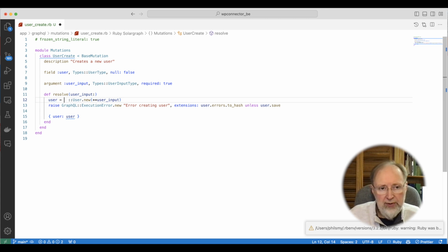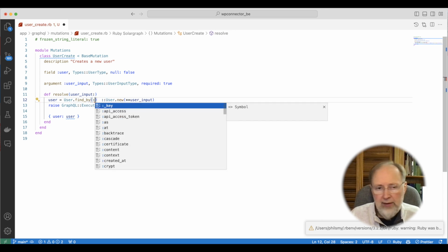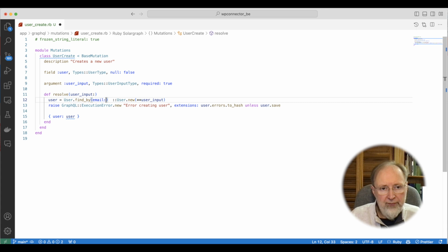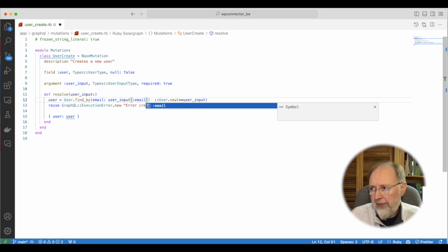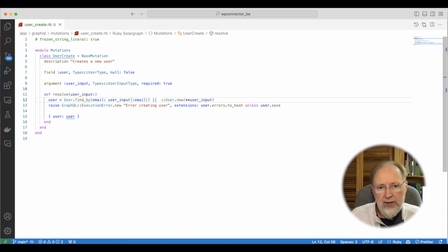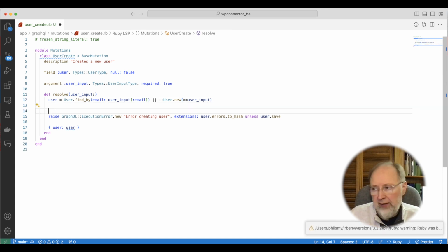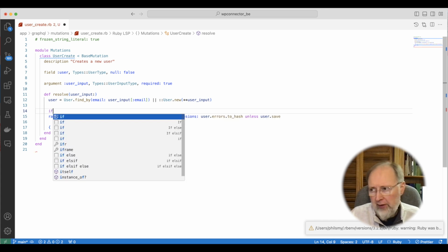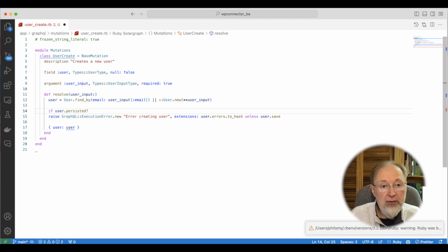So what we'll do, the user, we're going to find by the email if user input email. And if we don't find it, then we're going to do the user new. And this is a bit cool here. So you're saying, well, they're both going to return a user. How are we knowing what we're doing here? So we say if the user has been persisted. In other words, it's already been saved, because notice we're doing a find by here and we're doing a new. We haven't saved it, right? We save it over here. So if the user persisted,